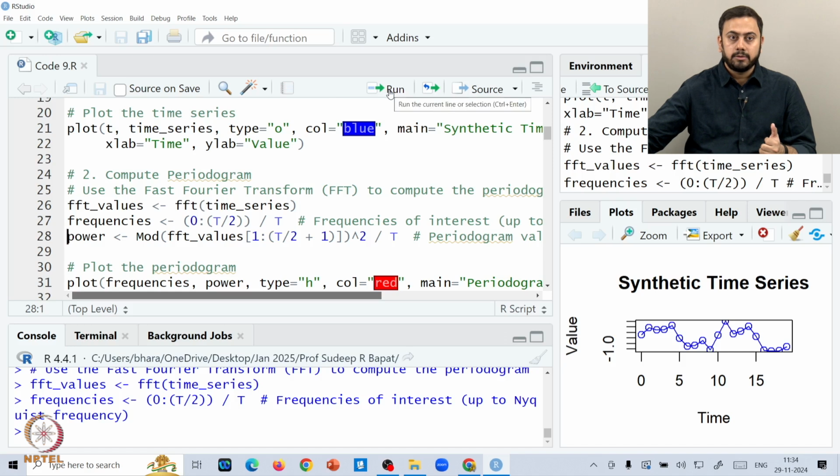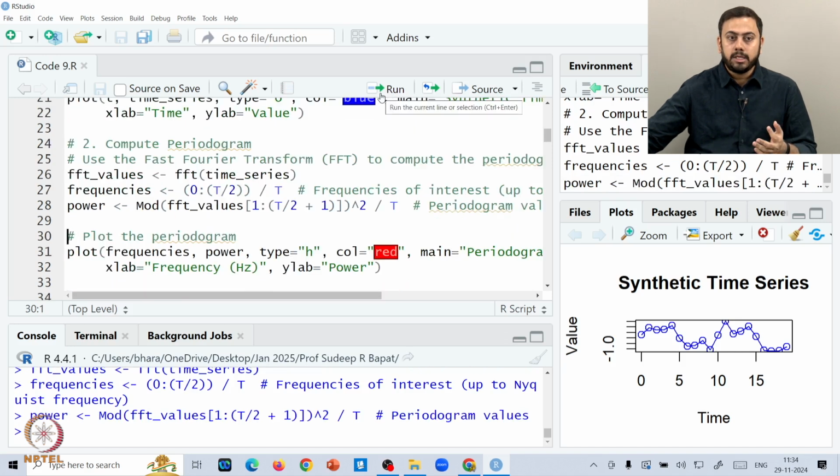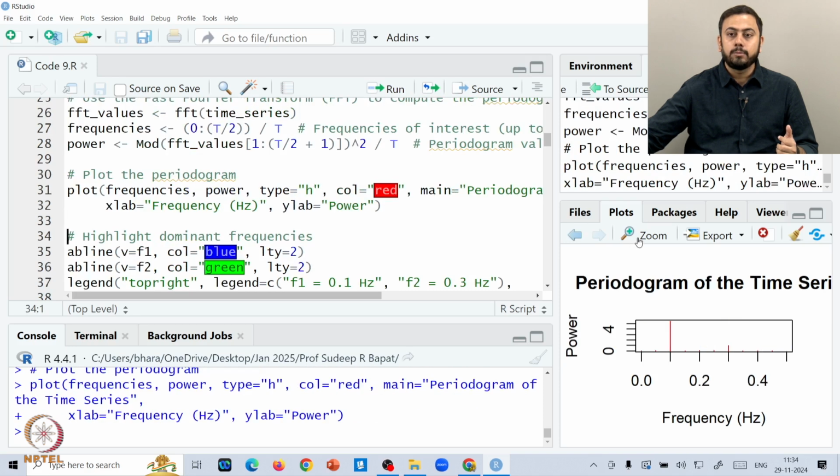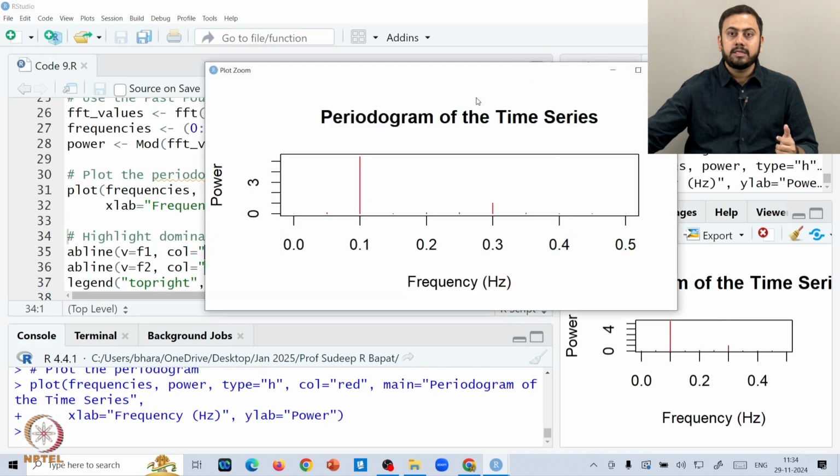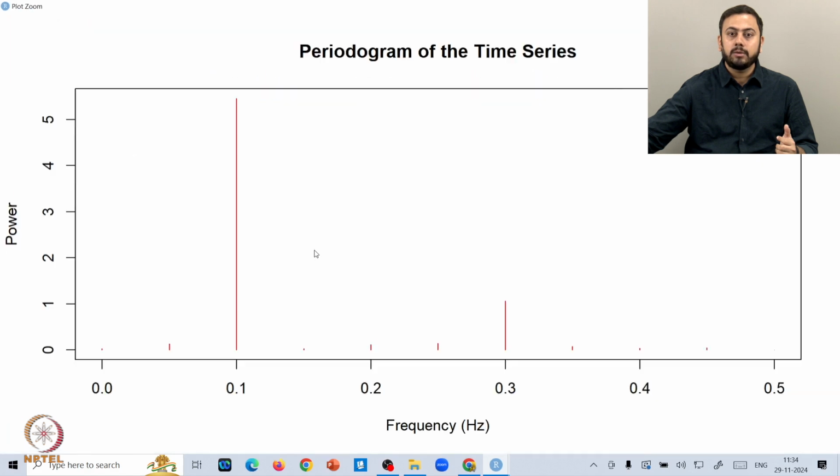So, we generate the frequencies, we generate the power, and now the last step is to plot the periodogram. This is exactly how the periodogram looks. Let me zoom in. This is a typical looking periodogram. On the x axis you have the different frequencies, let us say 0, then 0.1, 0.2, 0.3, etc., all in hertz, and the y axis contains the power.